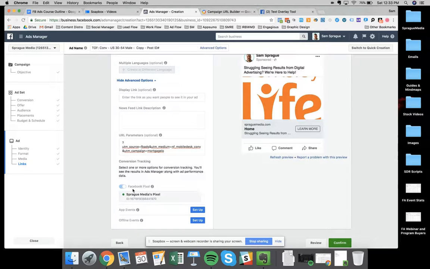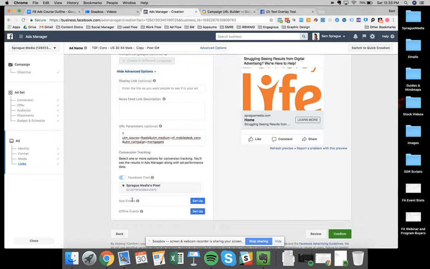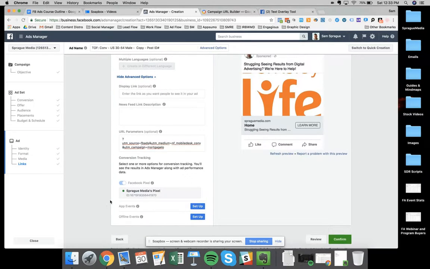And then of course, it's very important for you to have your pixel set up and tracking that as well, because that's how you save the data. That's how you teach the system what you want it to learn. All right. If you have an app, if you have offline events, you can set those up. Those will be few and far between, but